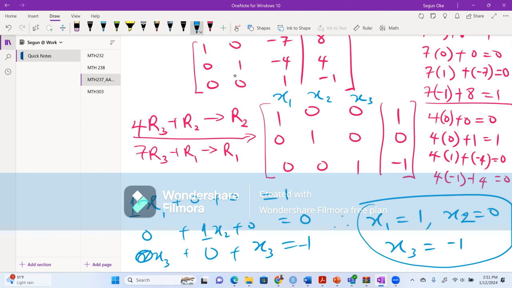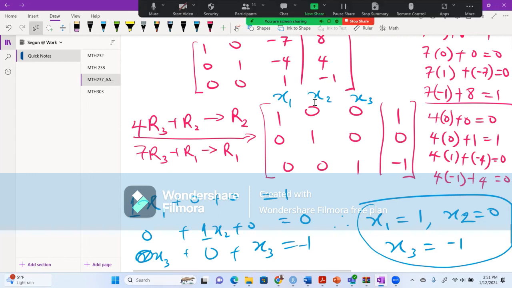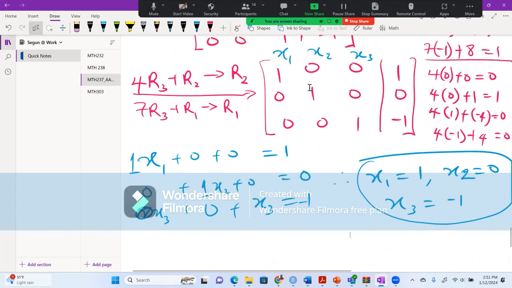So these are the ways to solve the system of equations. Any question? Because of our time,